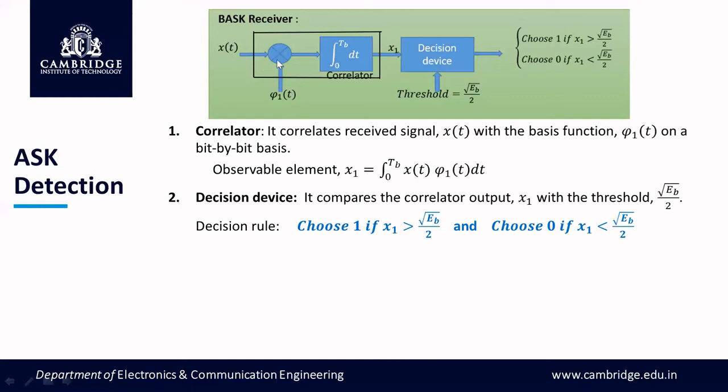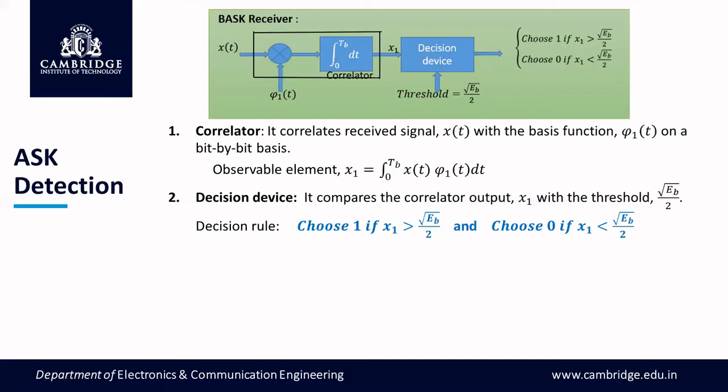So let's go through this block once again. Here, phi1 of t is multiplied first with x of t, the received signal, inside which x of t has the transmitted signal. As I said, the transmitted signal contains two parts: one is phi1 of t, plus the noise. Why plus? Because the noise is additive. It gets added to the transmitted signal. So in coherent detection, when phi1 of t is multiplied with itself and integrated, it will produce 1, as I said already, with the locally generated basis function.